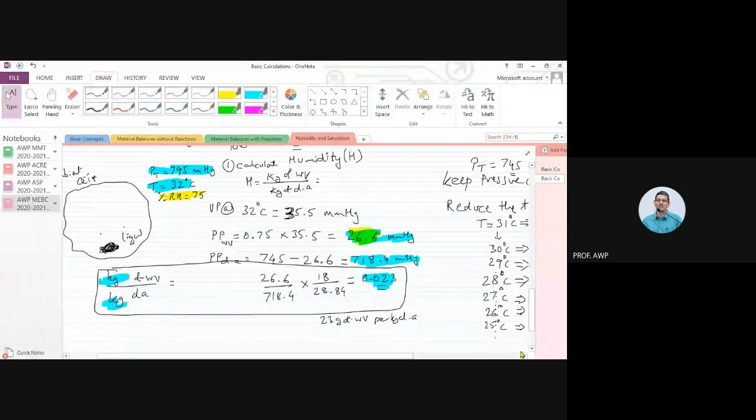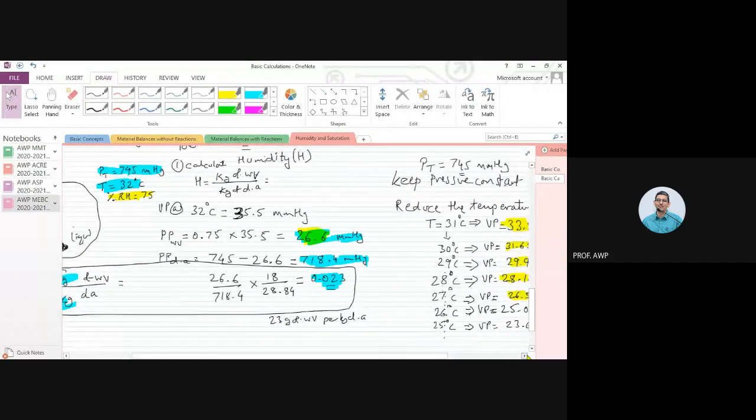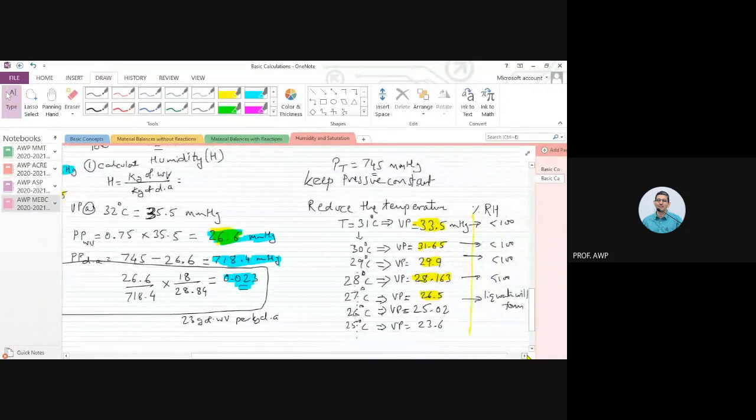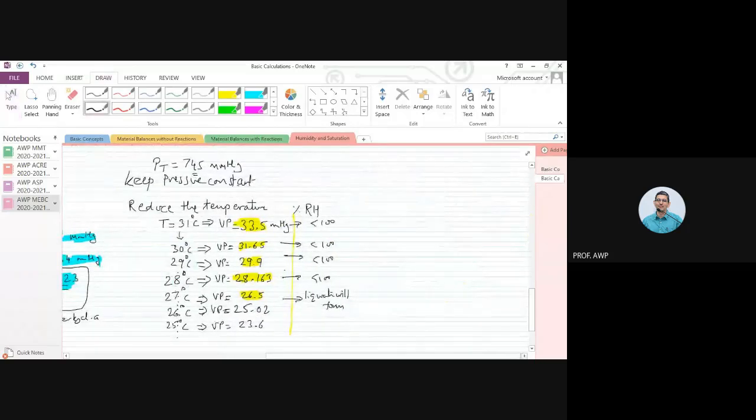Correct? Now cool it further. Some more liquid water will form. Right? Do you agree with that? But beyond this particular temperature, as liquid water will start condensing out,